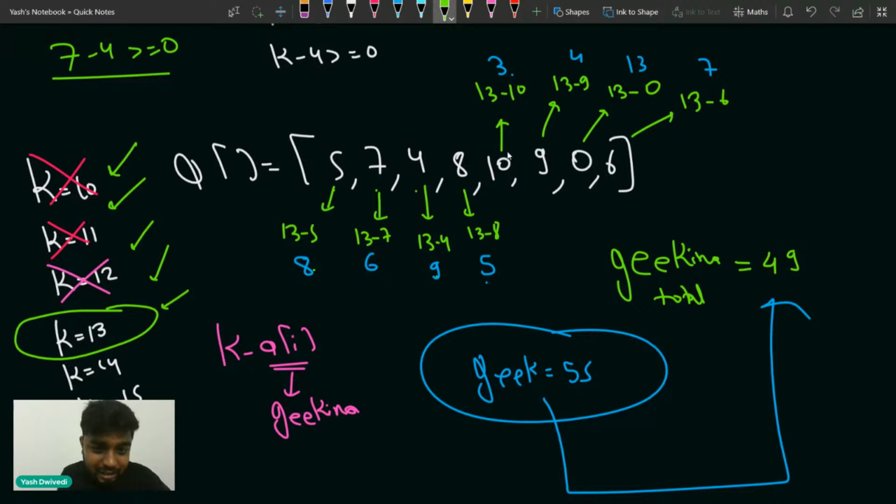If you see this particular element, it is 10 here, so Geekina must have drunk at least 10 units. That is why you need to start your k from 10, the maximum element of the array.